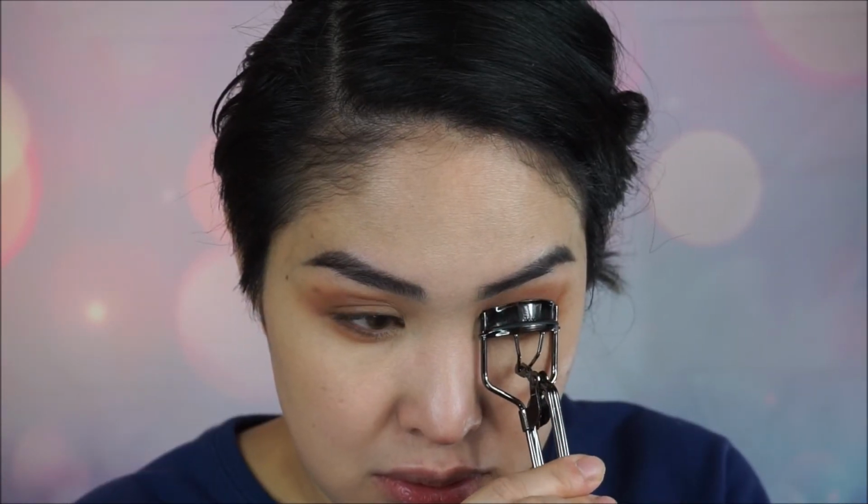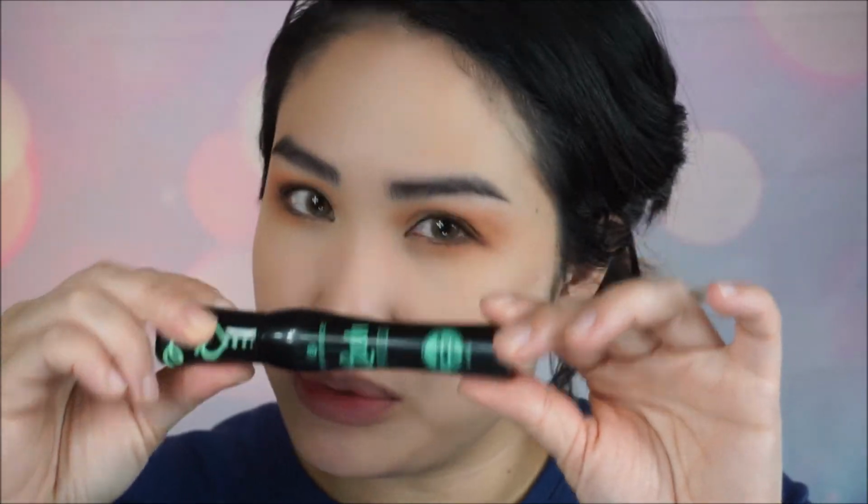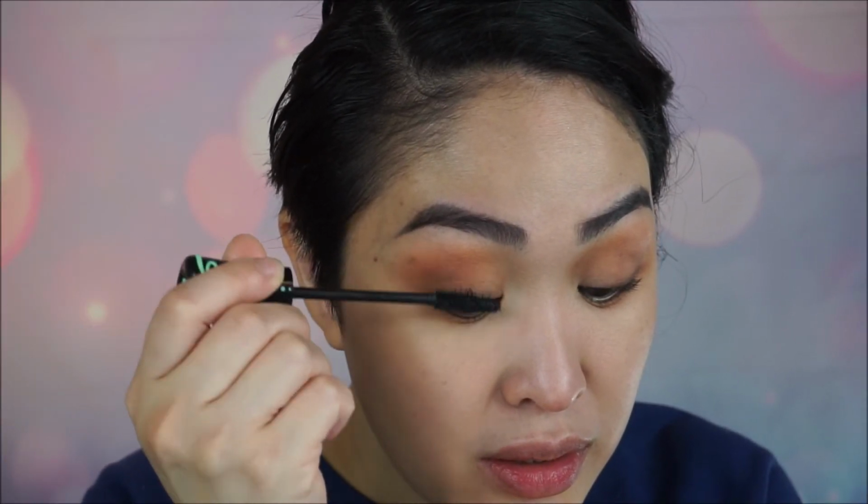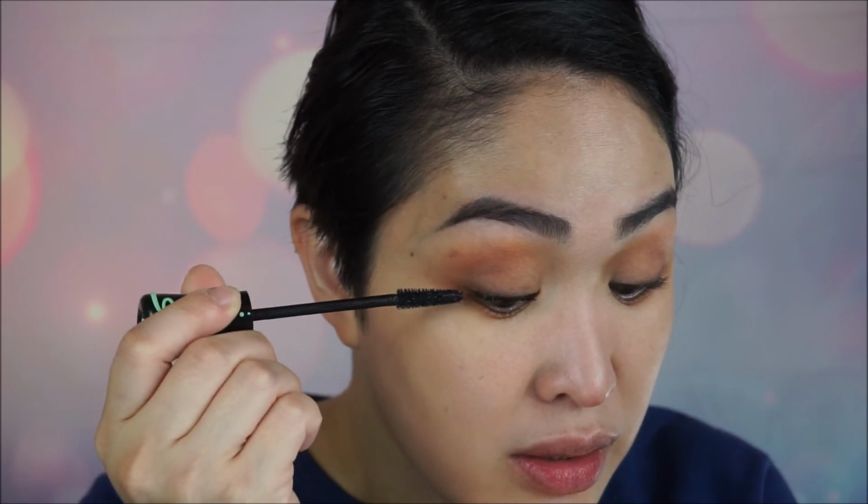Obviously it looks a little bit messy, so we're gonna go back to it, but we're gonna curl our lashes and put on some mascara, and then we'll go back and see what we need to fix. It's messy, as always, but